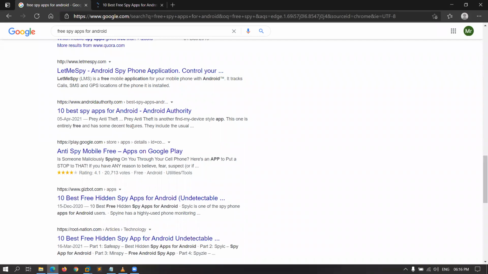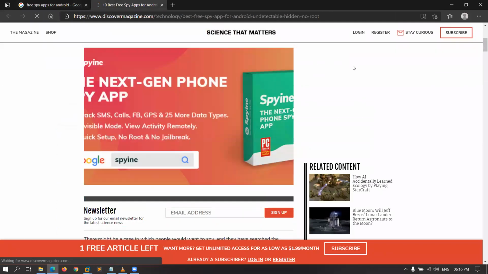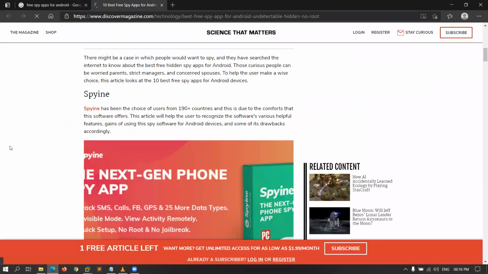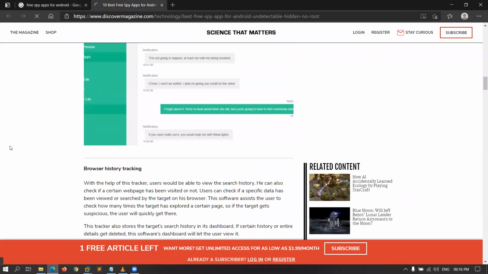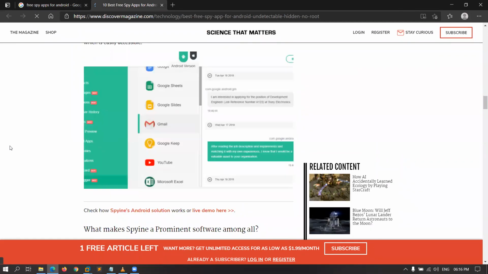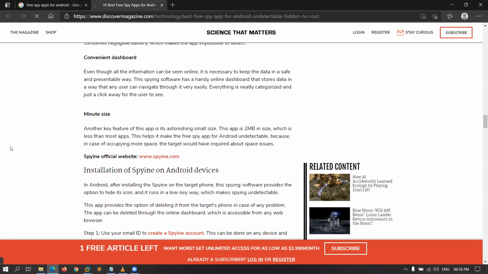There are some tools which will give you a free trial, and there are some tools which will give you a free version with limited access. These are called parental control apps.